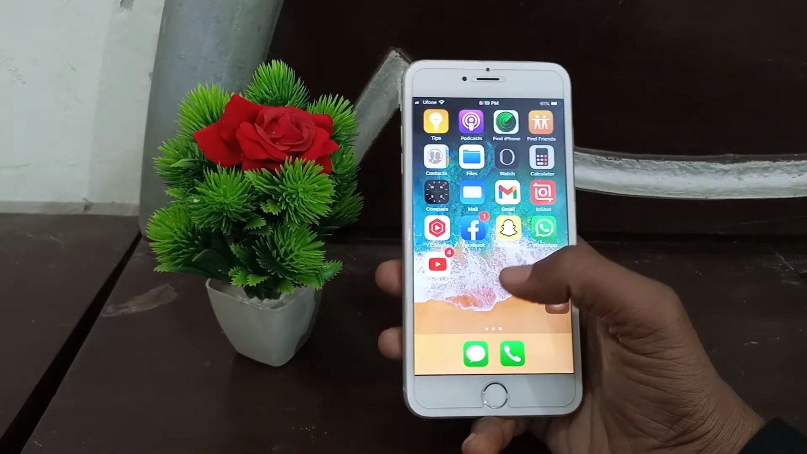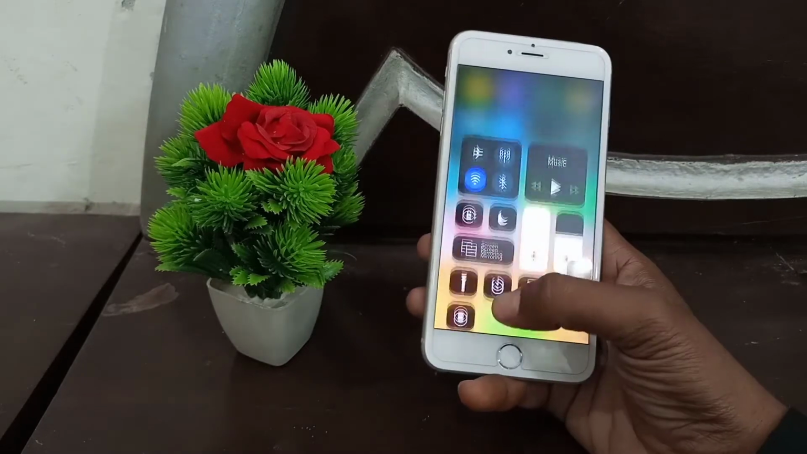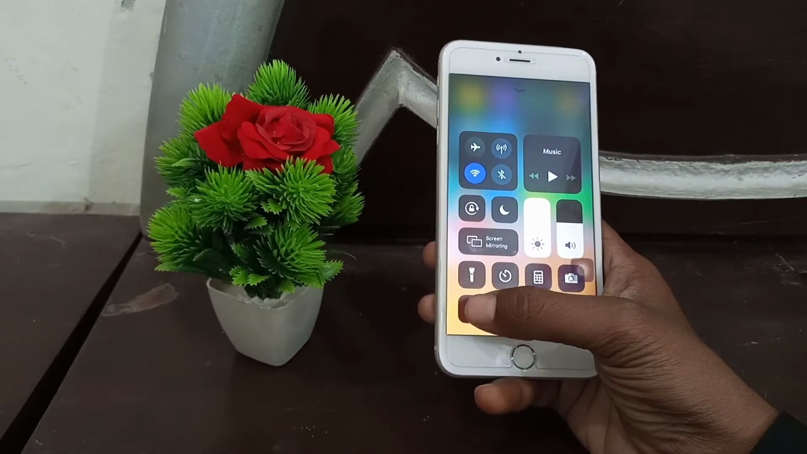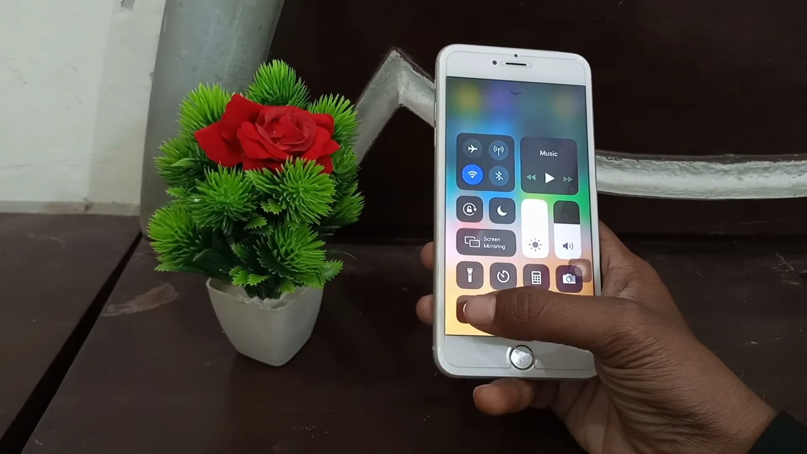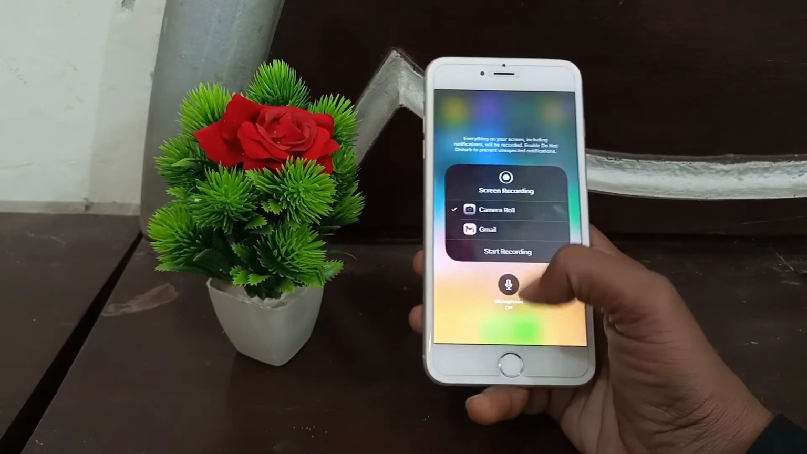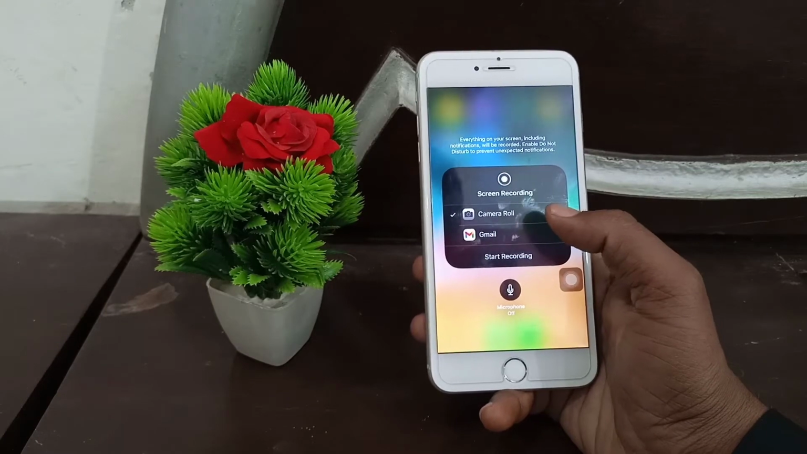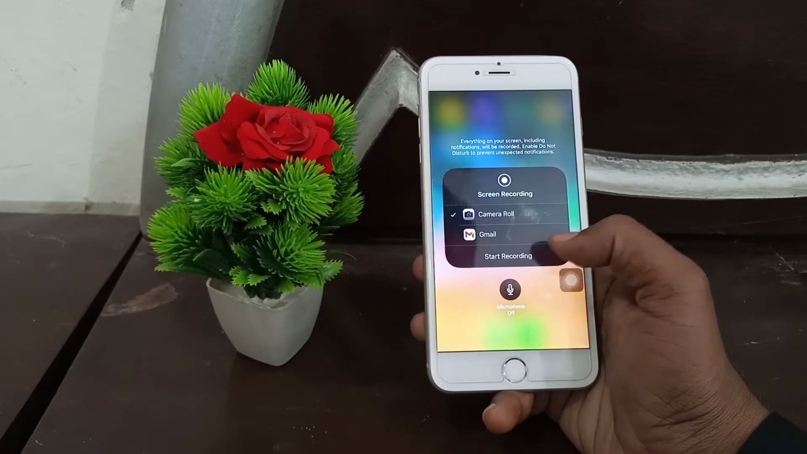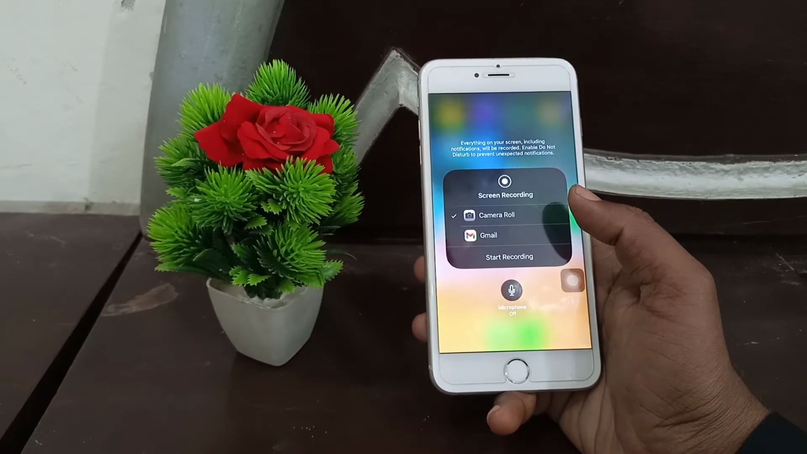First of all, friend, select screen recorder. See friend, it will appear. Press. See friend, screen recorder open. So friend,